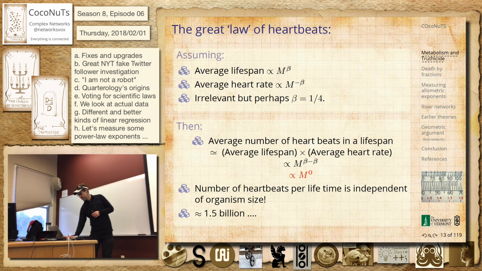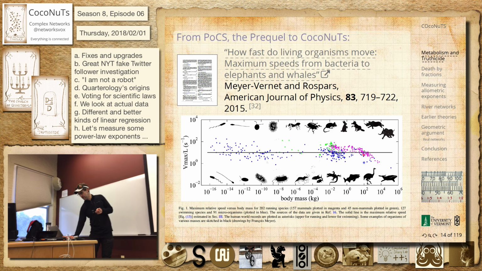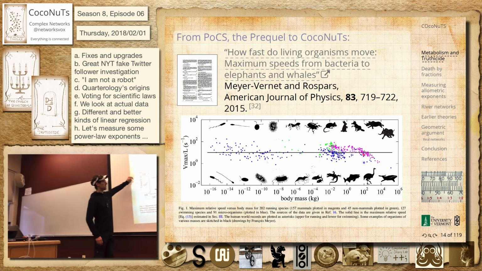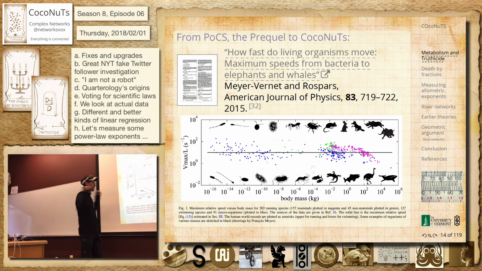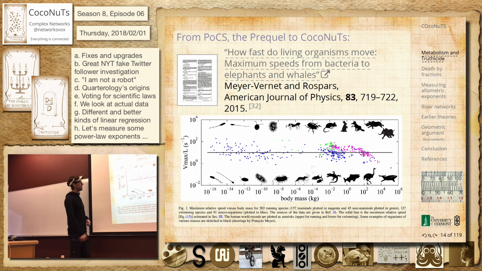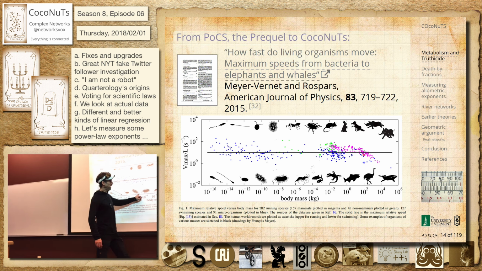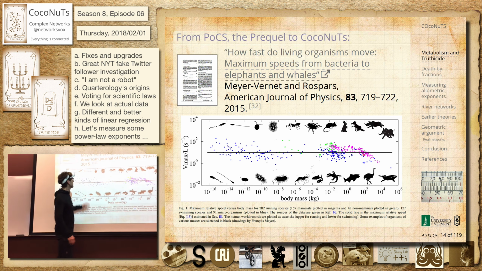And I think I added this. Let me just, I threw this back in here. This is a really nice thing. And this is, again, from Pox. I just put it in there. But this is the scaling of the maximum velocity. This is connected to, like, when something's going as fast as it can, what sort of power does it have available to it? And that tends to scale as mass to the 1. This seems to be a rather remarkable result.